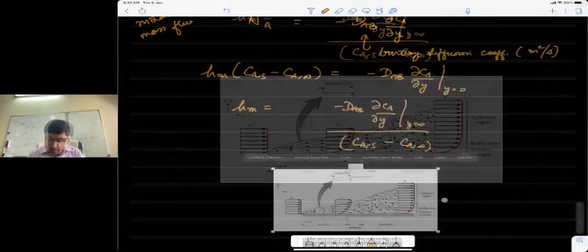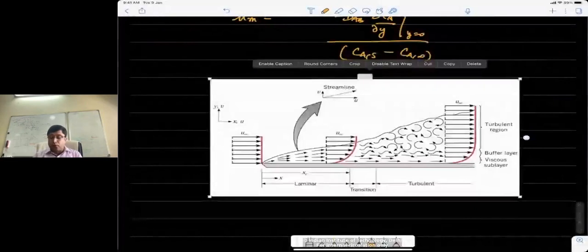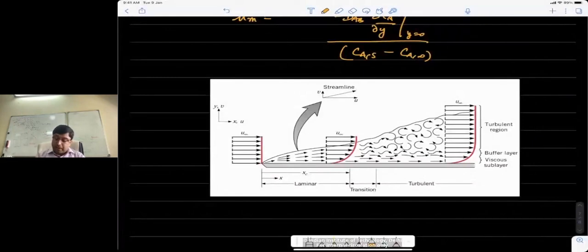is that just to look at the velocity boundary layer and how the flow basically influences transport across a boundary layer. So here is a picture that you may be familiar with. We have free stream velocity over a flat surface, and what has been shown is the edge of the boundary layer. So there's a region, or a distance, along which the flow remains laminar.